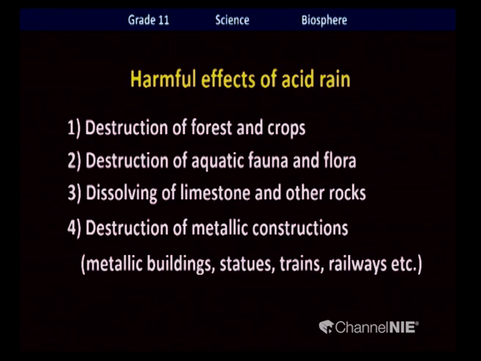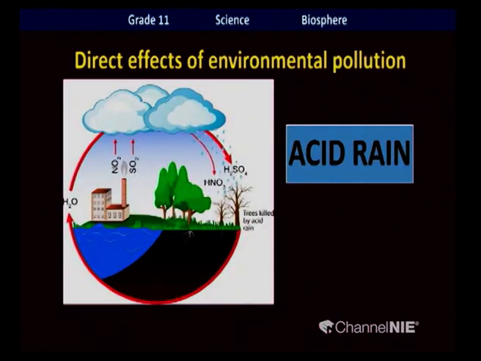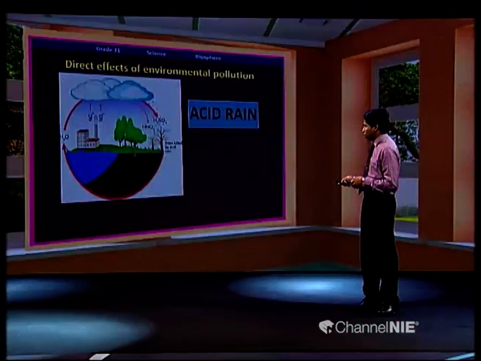In addition to that, number 3, dissolving of limestone and other rocks. Acid rain can dissolve valuable minerals like limestone and other rocks. Then these dissolved minerals get washed away from the land and collected in the water bodies. So it can lead to water pollution. It begins with air pollution, and then minerals in the soil get dissolved, and those minerals and heavy metals are released to the aquatic environment and lead to water pollution.